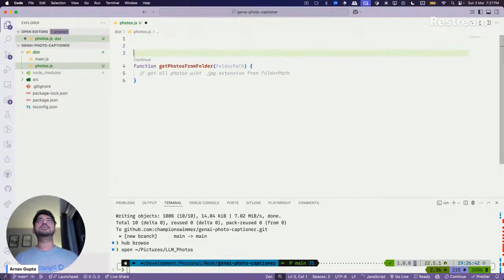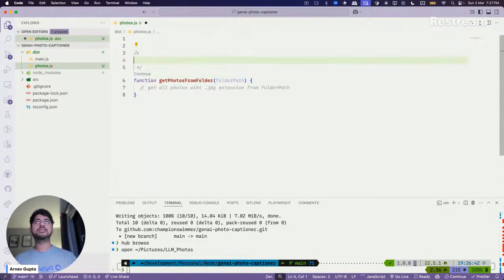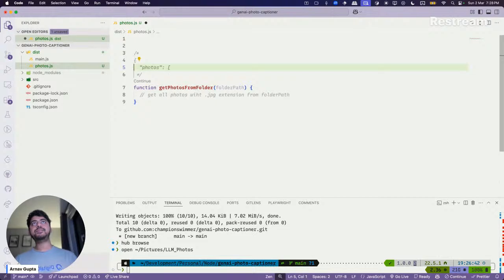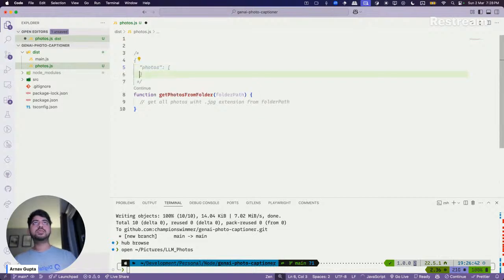What I want to return is something in this format: photos which will have these objects in them.